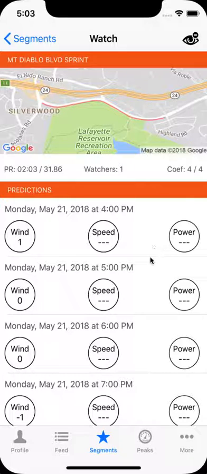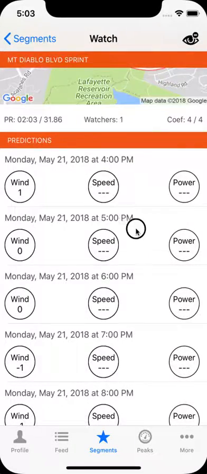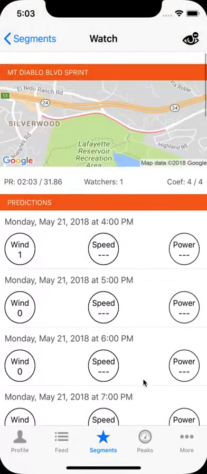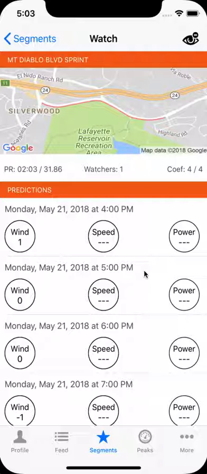So very proud of this feature. I think a lot of people are going to like it. We haven't turned on the notifications yet. I'm inching closer to that, probably, just trying to find the best experience. Because I don't want to send it telling you in the middle of the night it's a good time to go hit the segment. But probably what we'll do is